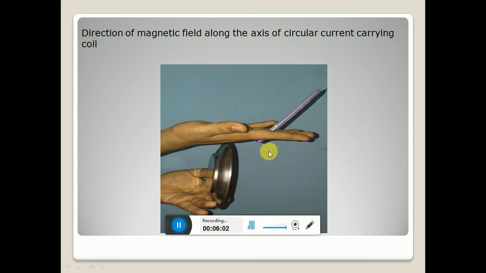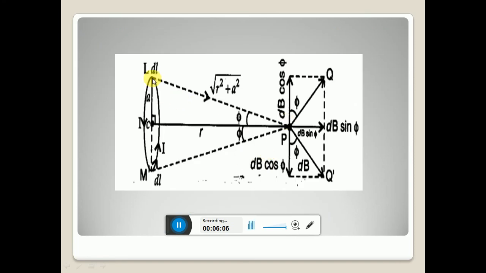Similarly, if you go through the diagram once, here dL is pointing out, so the direction of magnetic field at this point will be as shown in this indicator. So that can be determined using this Q. And if phi is the angle subtended at this horizontal line, then numerically that phi is equal to this phi. So we can resolve this magnetic field into horizontal and vertical components, dB cos phi and dB sin phi.